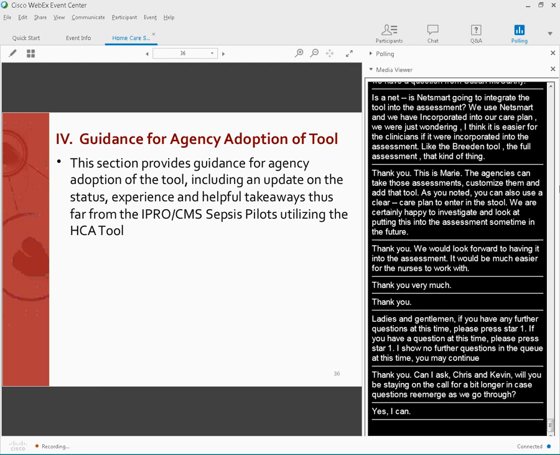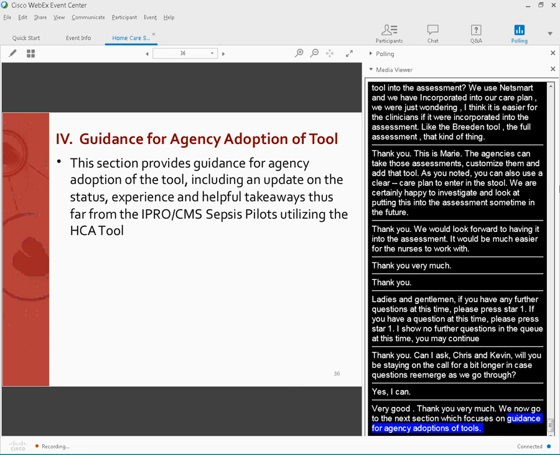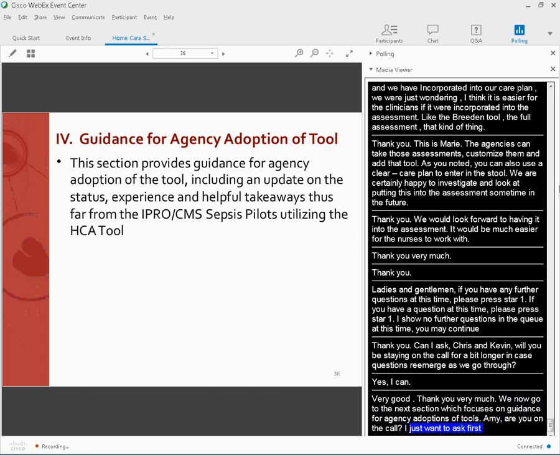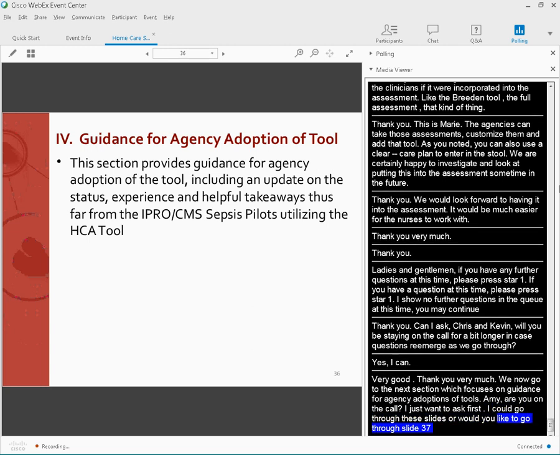So we now go to the next section, which focuses on guidance for agency adoption of the tool. Amy, are you on the call? I just want to ask first, I could go through these slides, or I wonder if you might want to go through this slide 37, or we do it together? We can certainly do it together. Okay, so